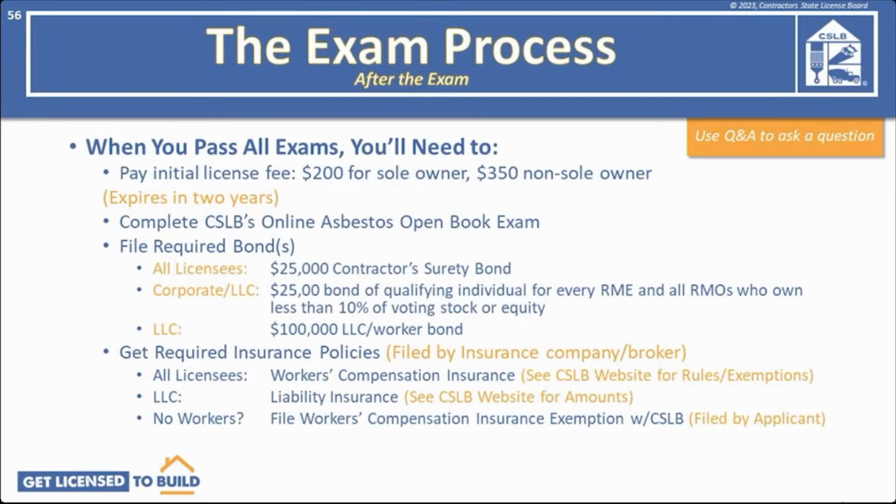Please note that workers' compensation insurance is also required for all contractors applying for the C8 concrete, C20 warm air heating, ventilating, and air conditioning, C22 asbestos abatement, C39 roofing, and C61 D49 tree service classifications, regardless of whether they have any employees. Effective January 1st, 2026, all licensees will be required to carry workers' compensation insurance regardless of the classification or whether they have any employees.